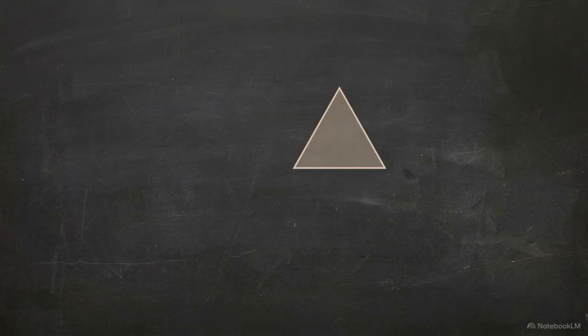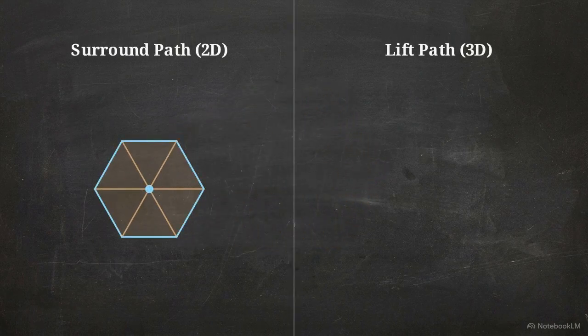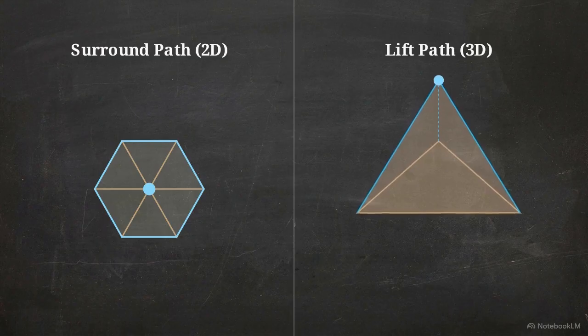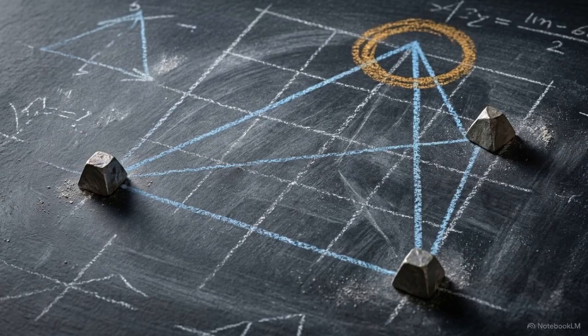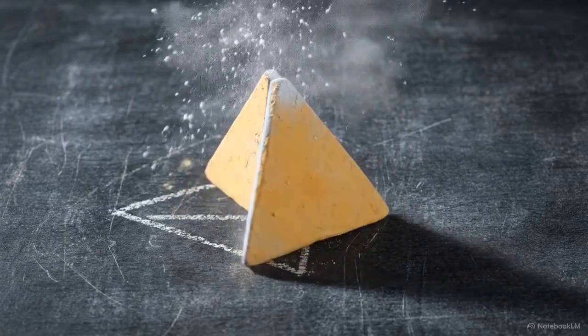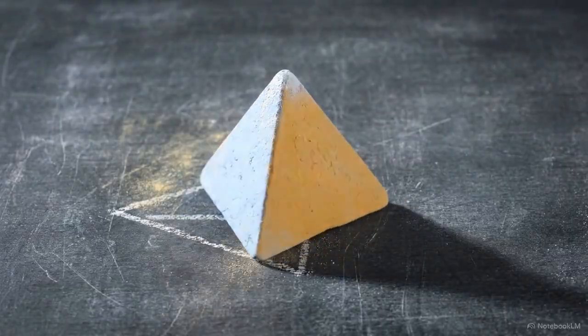As the substrate continues to add triangles, the 2-dimensional plane becomes relationally saturated. The connections can no longer expand within the flat surface. The system faces a choice: complete a flat 2D shell by surrounding a center, or escape the plane and lift upward into a new dimension. Adding an apex node forces the system into the third dimension to maintain proximity between all nodes. When all required relations are satisfied, the structure locks. The edges meet, and the system snaps into a stable 3D geometry.